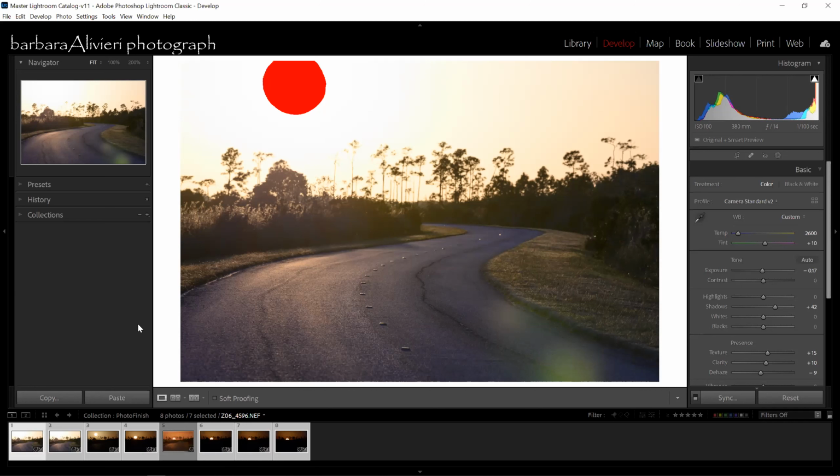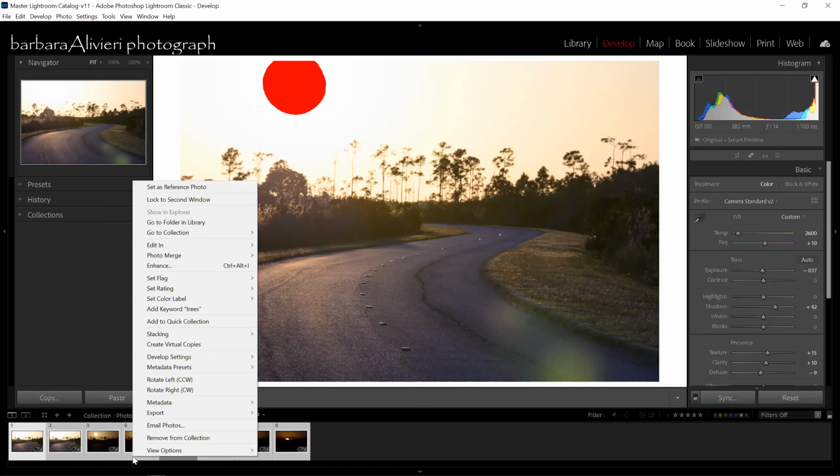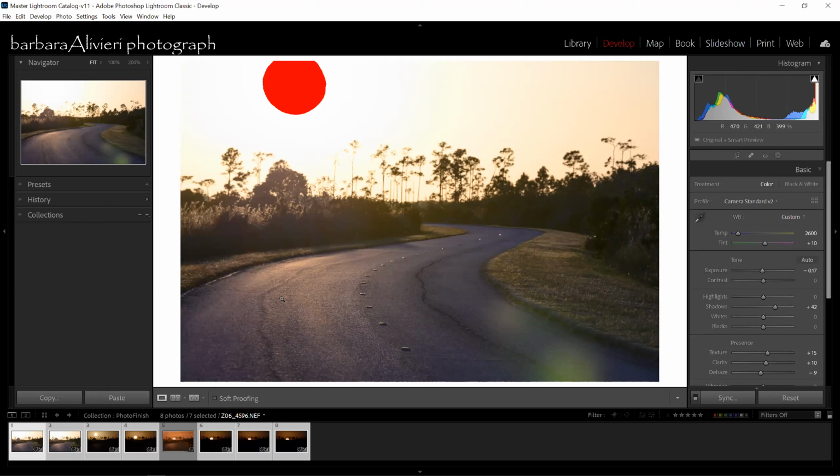So what we're going to do now that we've got all of our images with the same effects applied to them, I generally just right click. So you hit the right click on your mouse, go up to here. We're going to do Edit In and Open as Layers in Photoshop. So we are going to open these up in Photoshop. You just click on it, and depending on the speed of your computer, it might be a little bit slower. I got a pretty hefty computer.